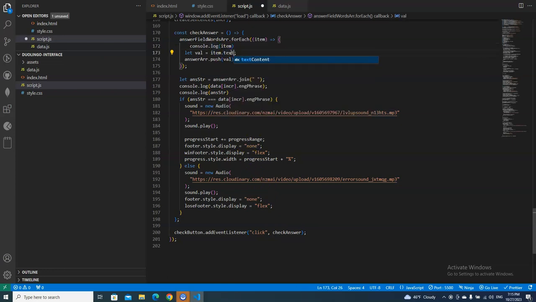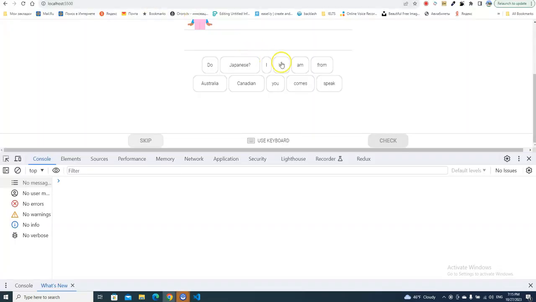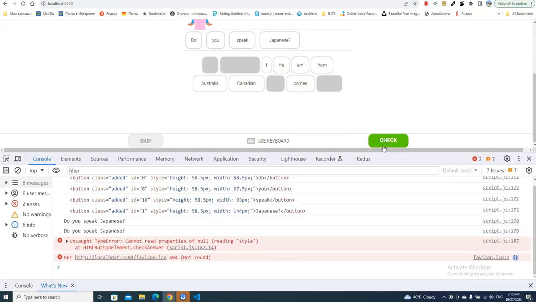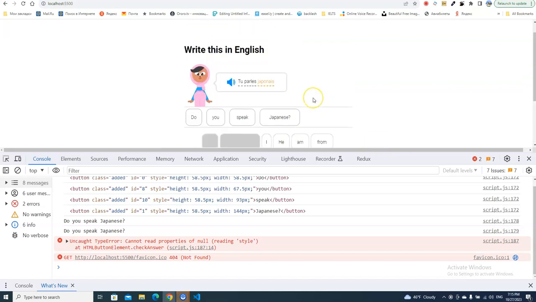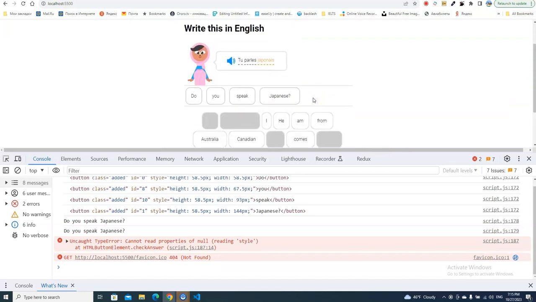What about text content? If we try text content, do you speak Japanese? Okay, good. It's correct, but